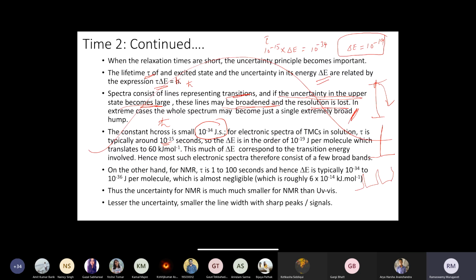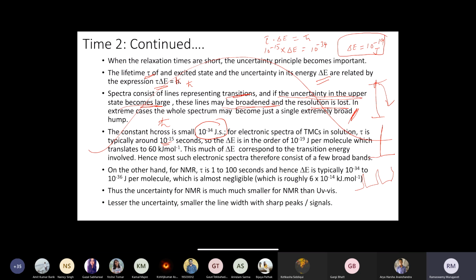Okay, so delta E would be 10 power minus 19 joules per molecule. For electronic spectroscopy, since tau times delta E is equal to h cross, 10 power minus 15 into 10 power minus 19 will be 10 power minus 34. So delta E is 10 power minus 19 joules. That's really huge. Even 10 power minus 19 might look like a very small number until you see the next